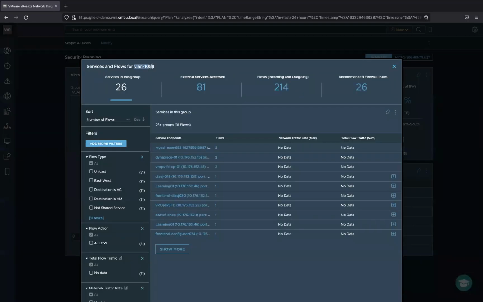This VLAN is called VLAN 1058. And here we get information about the hosts inside this VLAN. So for example, we know that the servers inside this VLAN are listening on 26 ports in total. And the list of the ports that the servers are listening to is here. And we have MySQL, we have this Dynatrace port, it's 443 actually. We have again 443. So this is the drill down of the ports. And you can also see the number of flows for each type of traffic. So as you can see, we don't have that much traffic for this